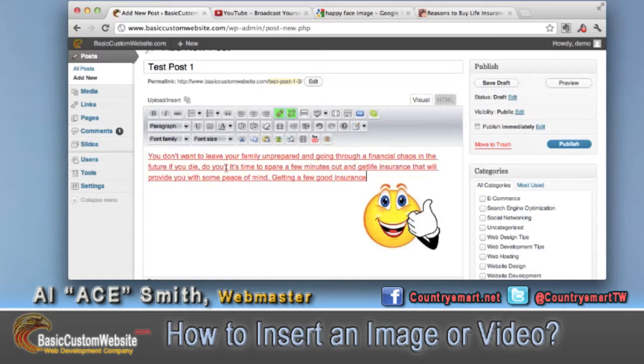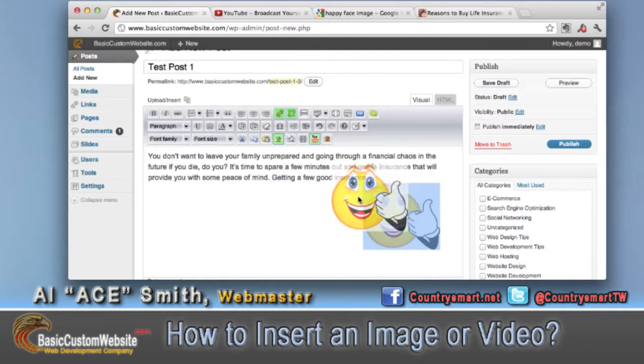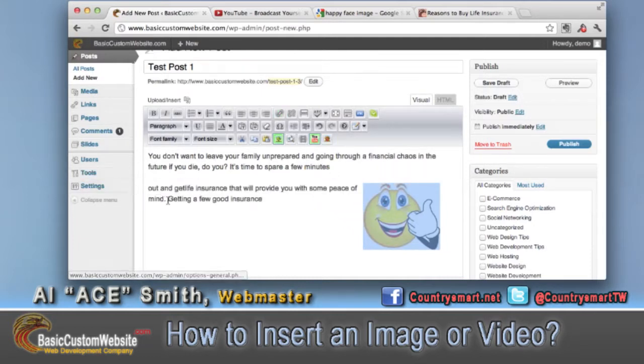You'll notice it's got a hyperlink. That's very simple to take off. You highlight it, come up here, and hit this unlink, and it will unlink this from hypertext. So if you copy and paste something into your website, just remember to unlink it. Okay, so let's go ahead and